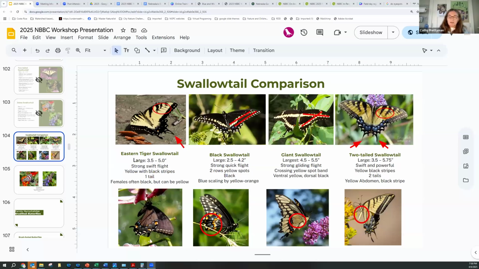I always had seen in guides that the female, if she's yellow, has the blue. And so I haven't seen a good picture in any of my guides, except for an old Peterson's guide. So I don't know.